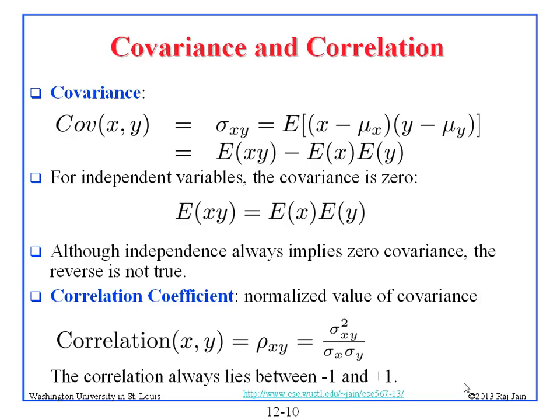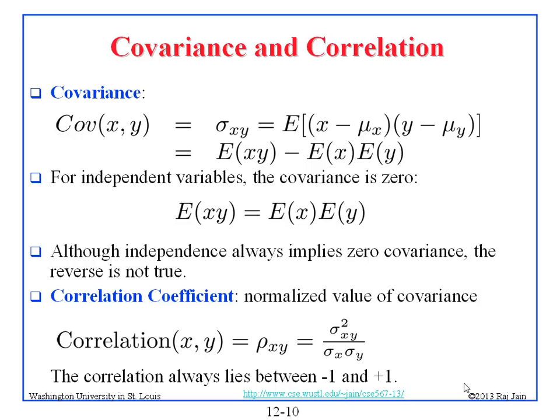The correlation is simply this, which is denoted by sigma squared xy at the top, divided by sigma x sigma y, the standard deviation of x and standard deviation of y, not the variance square root. So this is dimensionless,